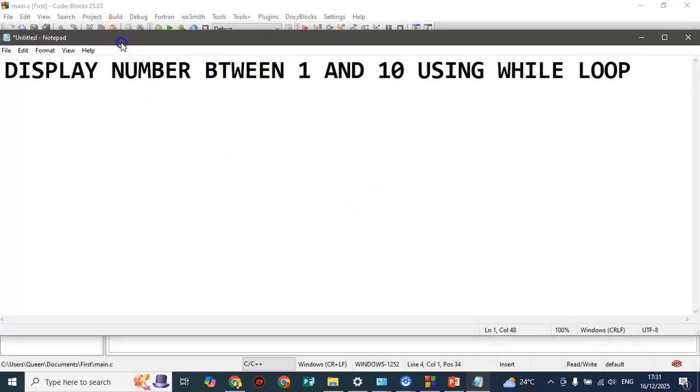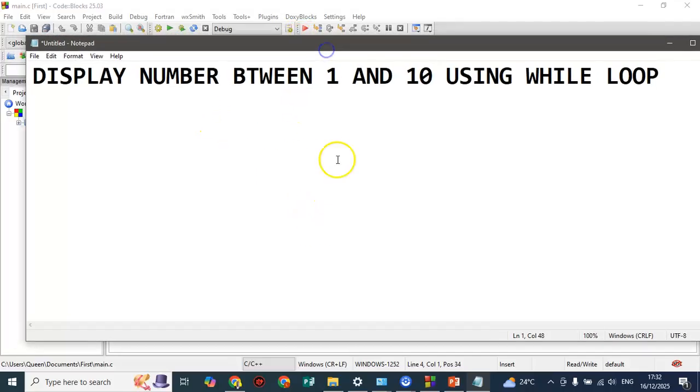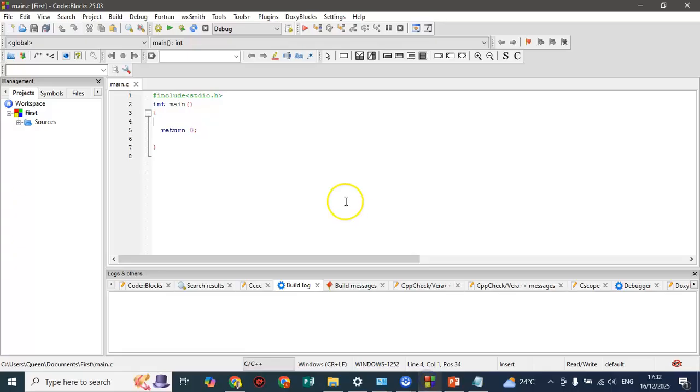And how you're going to do that, you're going just to define one simple parameter, which is a container to store your data, and then you're going to loop it. That is, you're going to run it as long as that condition of the numbers not being more than 10 will be there, then the loop will continue running. So let's get to the code blocks environment,